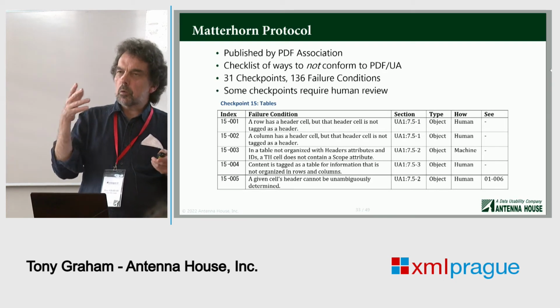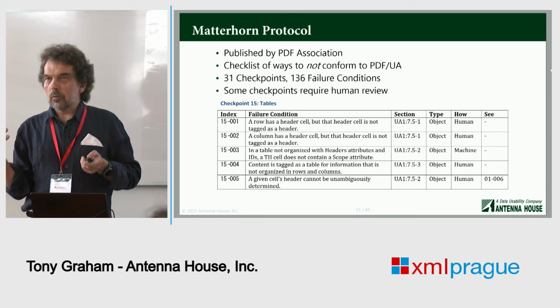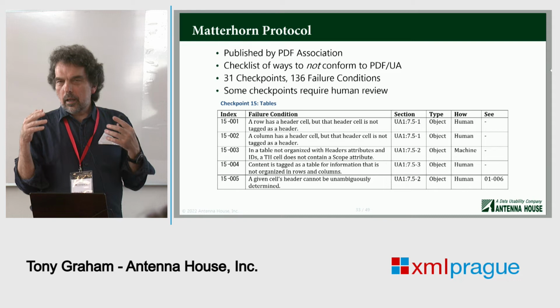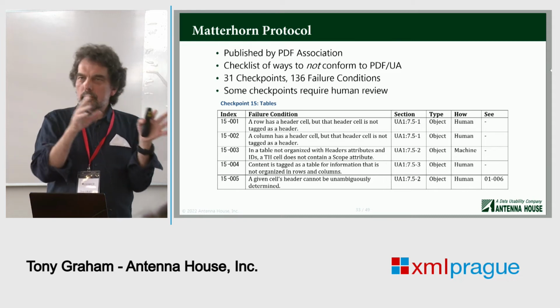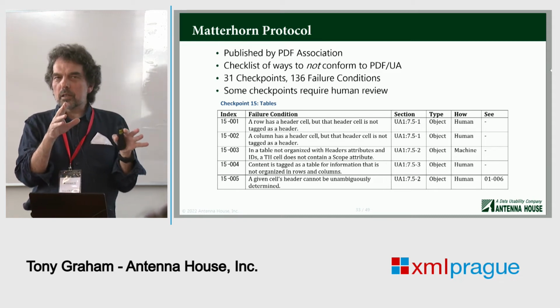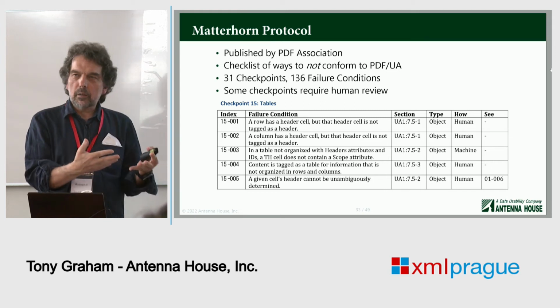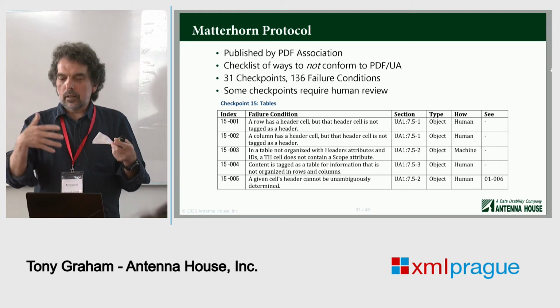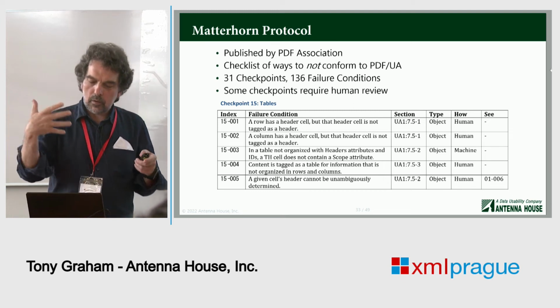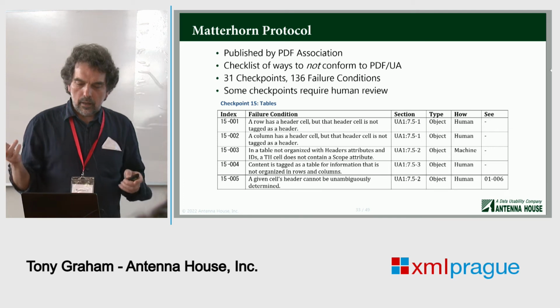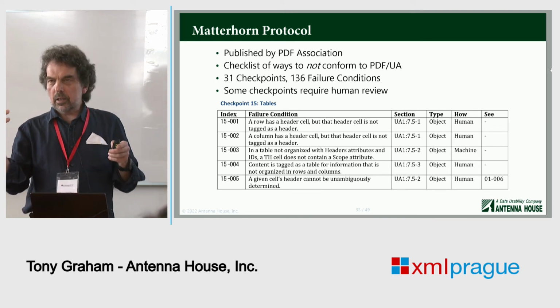Which brings me to the Matterhorn Protocol, which is published by the PDF Association. It's not what you think at first glance. It's a list of things that you can fail at making PDF UA. It's not what you need to do to make it. It's all the ways you could possibly fail. It's 31 checkpoints, 136 failure conditions,